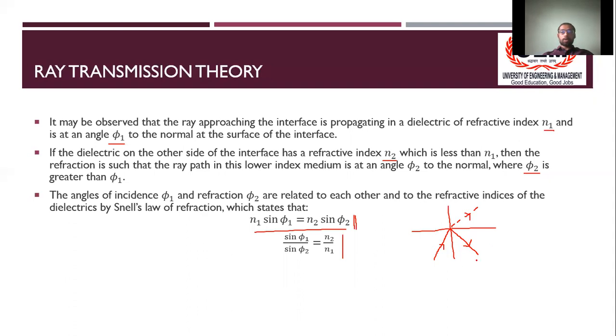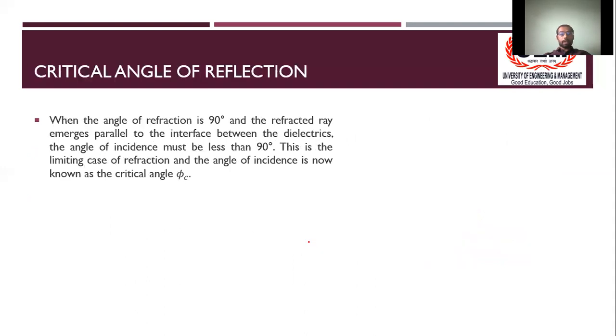So talking about this in the sense of the fiber optic core, if this is the fiber optic core, we will always want this light ray to be retained within the core region, or to be reflected back and forth into the core region every time, and we should not lose any of the light ray into the cladding region. So to make this happen, we should find what angle of incidence should be maintained, and that angle of incidence is known as the critical angle.